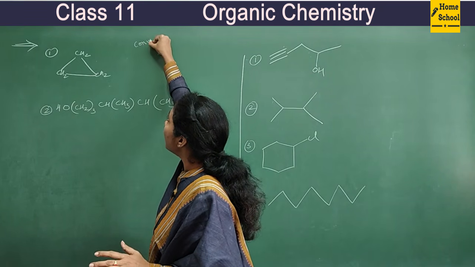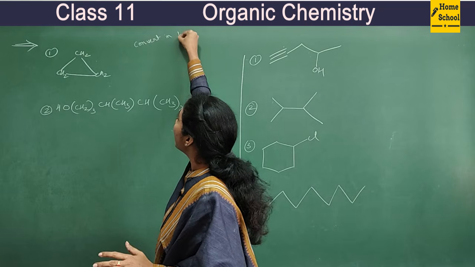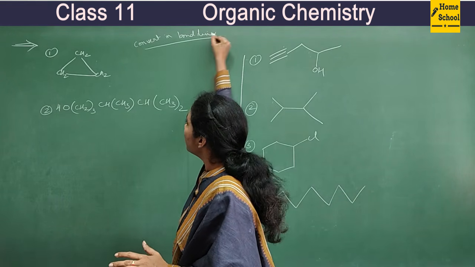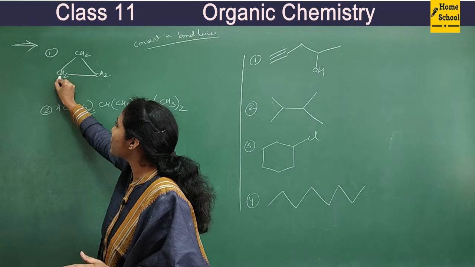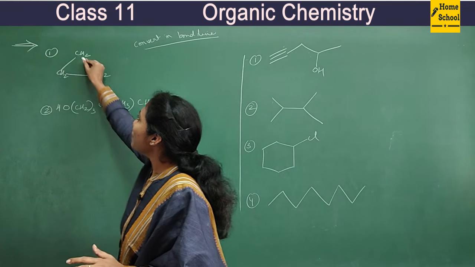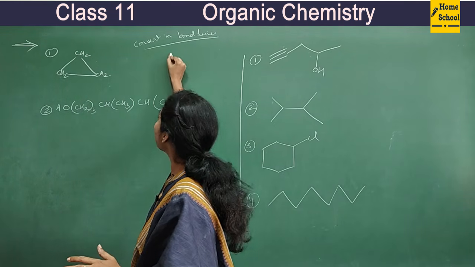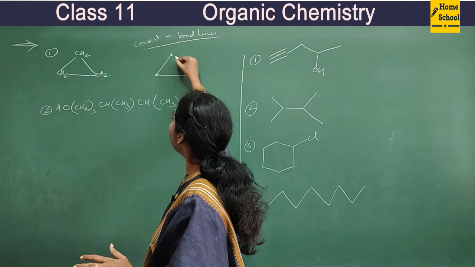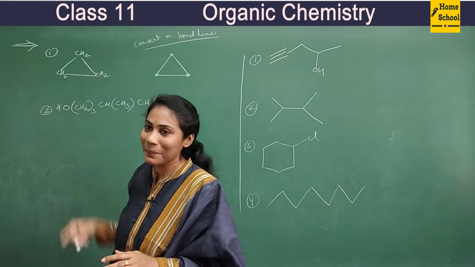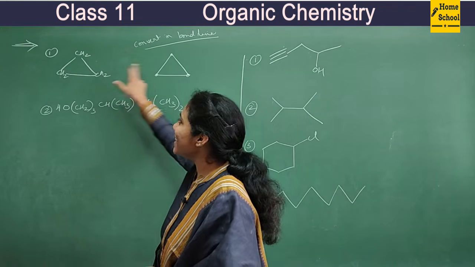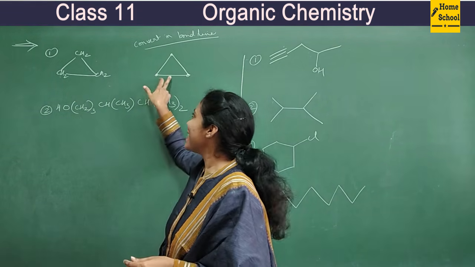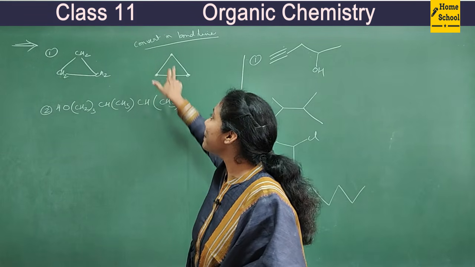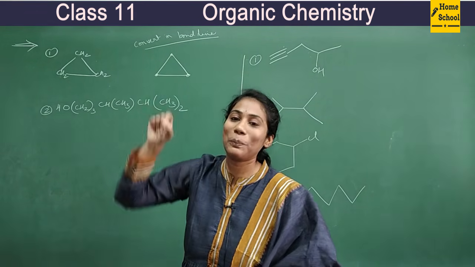You should convert these into bond line. Okay, you see it's a cyclic compound, CH2, CH2, CH2. So 1, 2, 3, three carbons, first carbon, second carbon, third carbon, and there is a connection between all the three carbons. Over. So this is actually cyclopropane, right? So it's not a triangle. In chemistry, if you have this symbol, it means that this is cyclopropane.